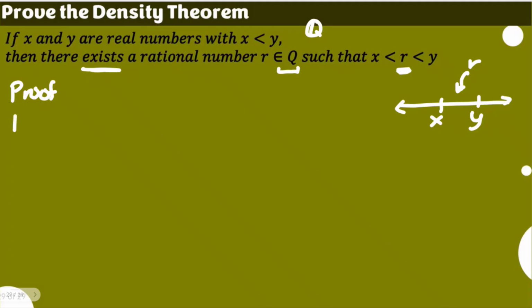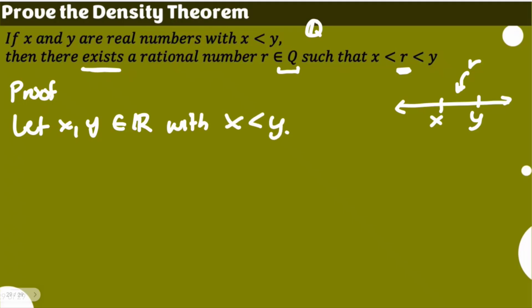Let x and y be elements of the set of real numbers with x less than y, because this is what is being assumed. So we're going to target the existence of r. Again, our goal is to just show r being a rational number. Okay, so with this, if we're going to manipulate this expression, then we have,